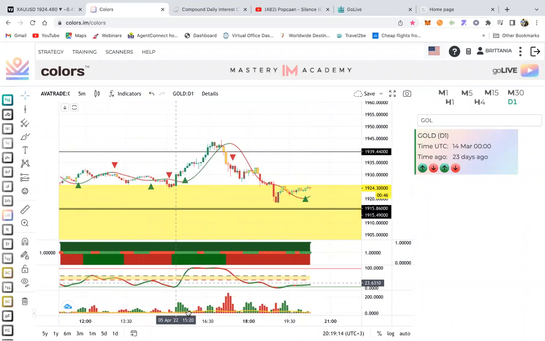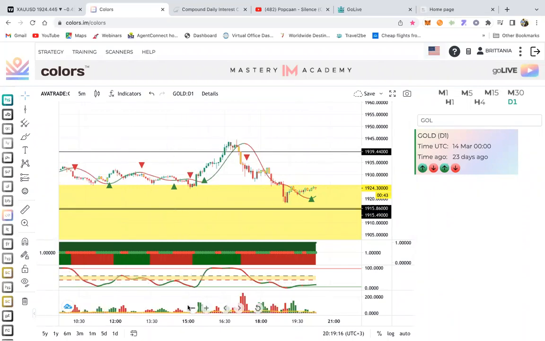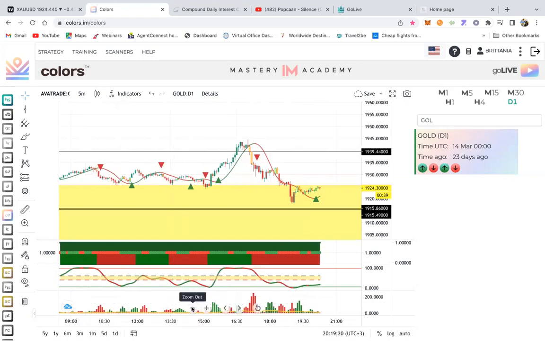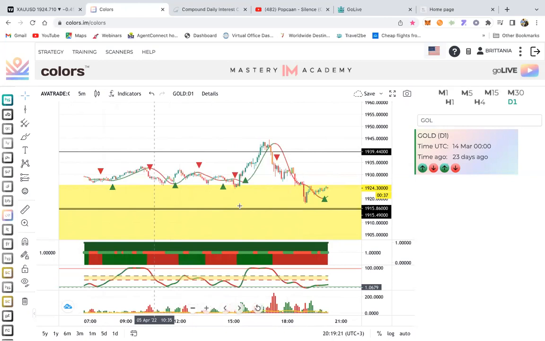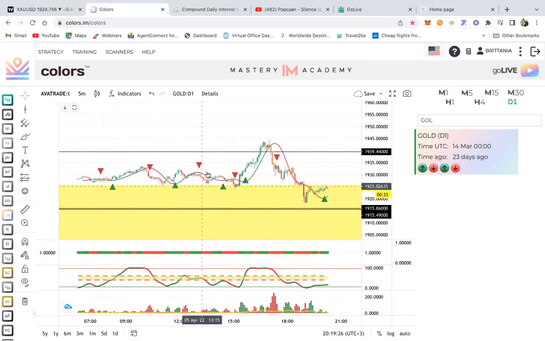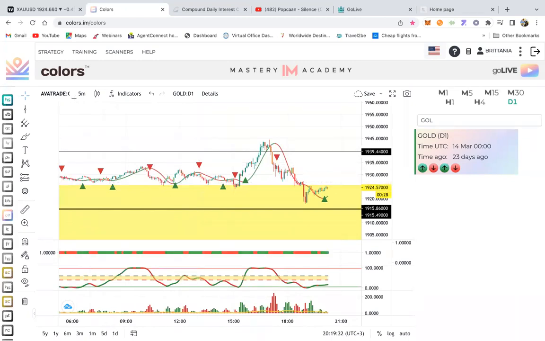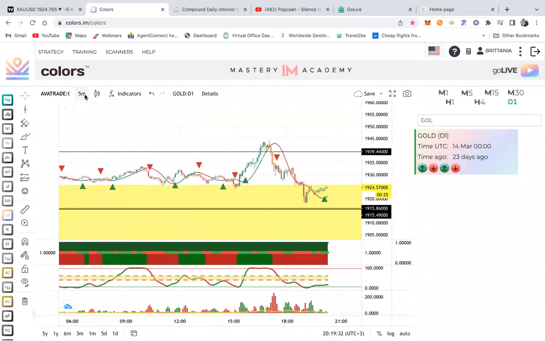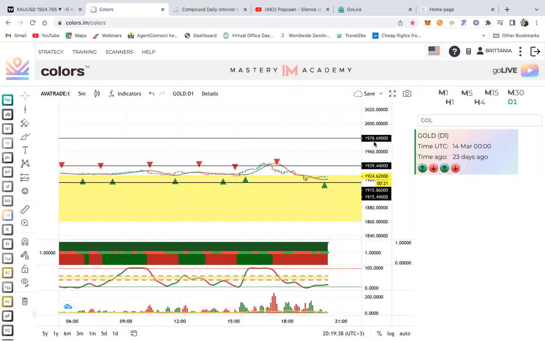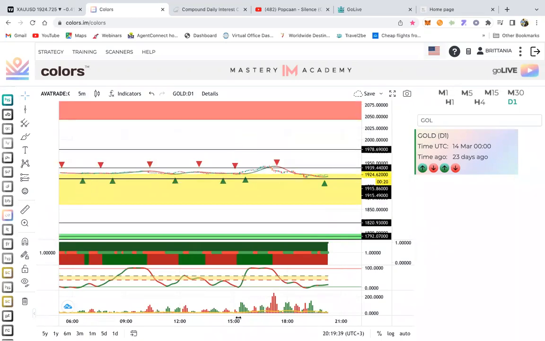Welcome. All right. Are there any new people in the chat or in the group? Anybody that just got started, or if you don't have colors, or if you're just getting started with colors and you don't know where to start from, don't worry. I'm going to be teaching you the ins and outs of how to use colors. All right. So what I'm going to do, let me see if there are any boxes on here. See, we have boxes on here. We have boxes. All right.